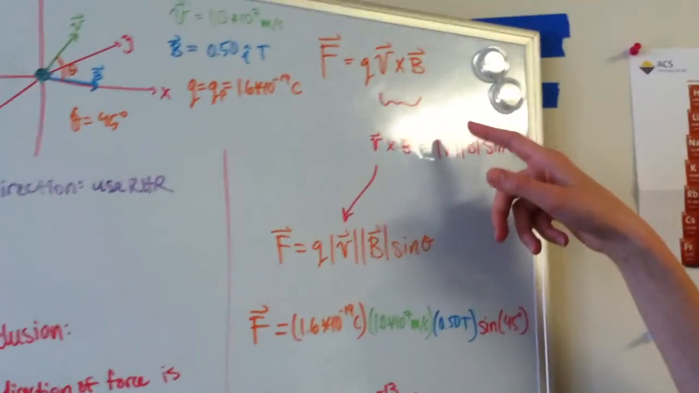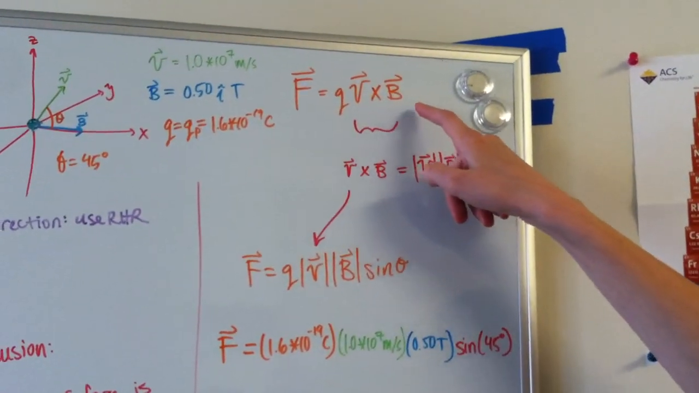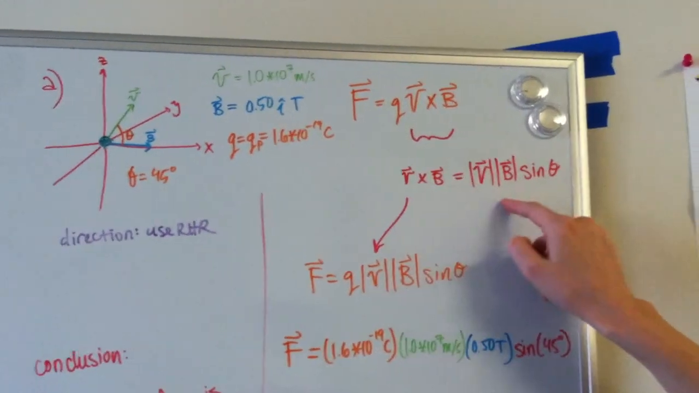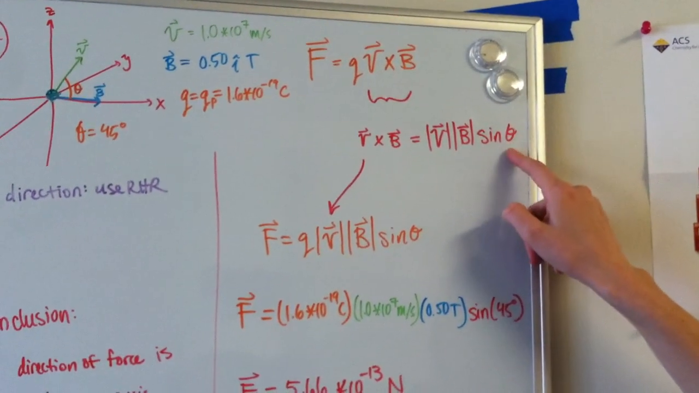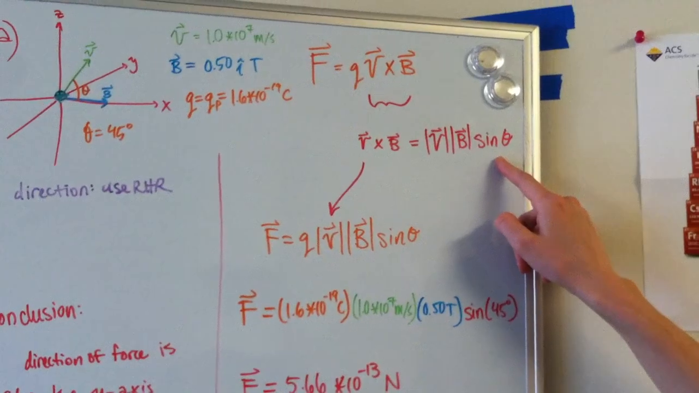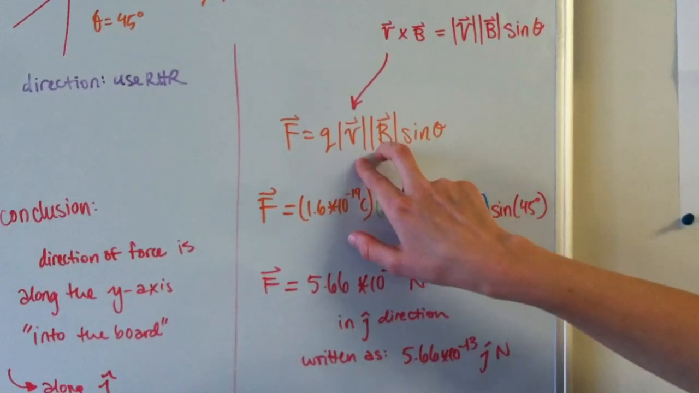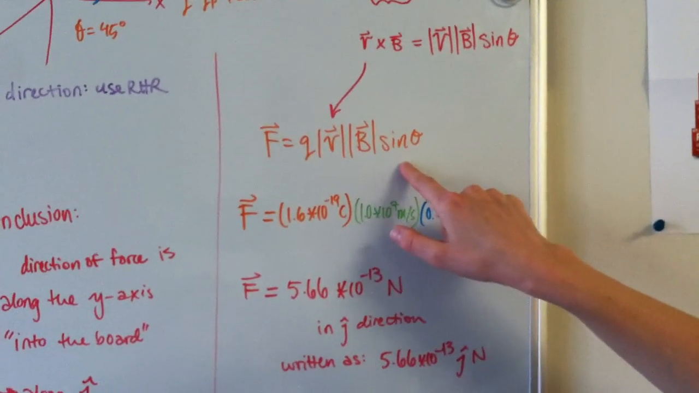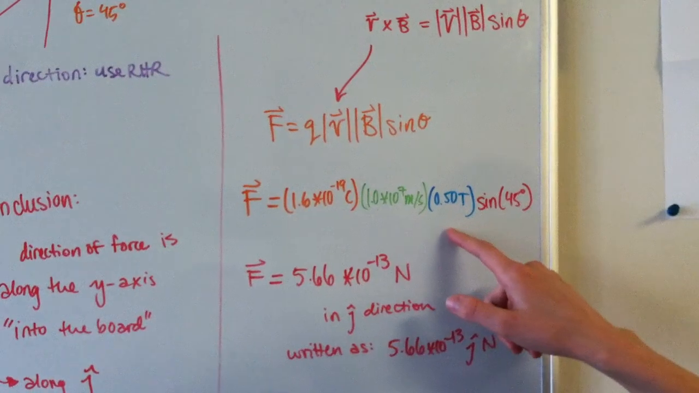So now we can go over to the equation over here, where we have F equals Q V cross B. We look at V cross B again, where it's the magnitude of the two vectors times the sine of theta. And we know that theta was given, and so are V and B. They're the same for parts A and B of this problem. So we have our full equation here, and we can just plug our given